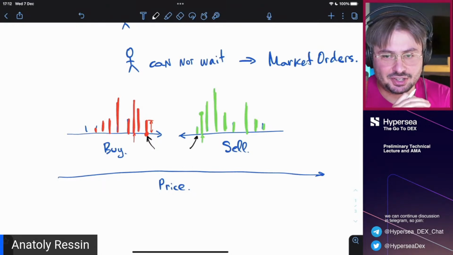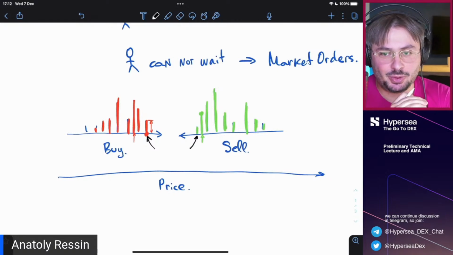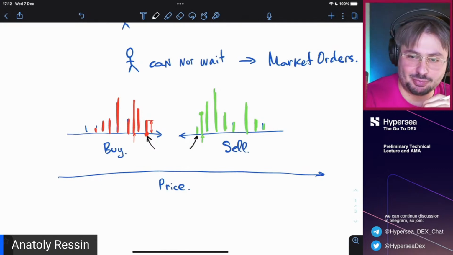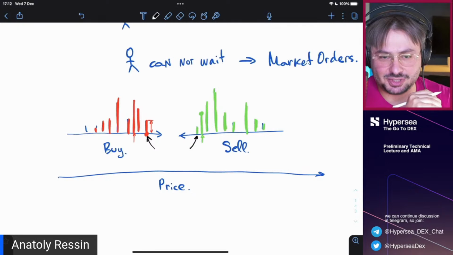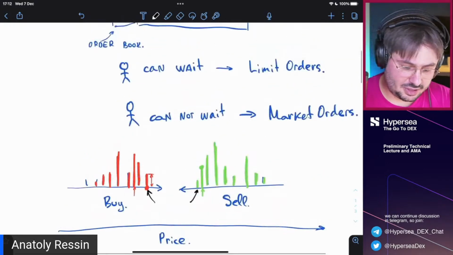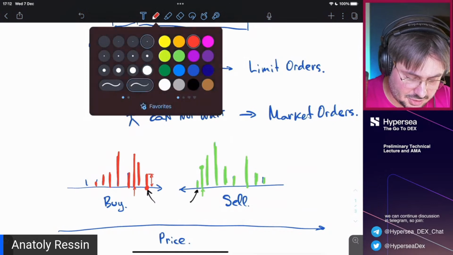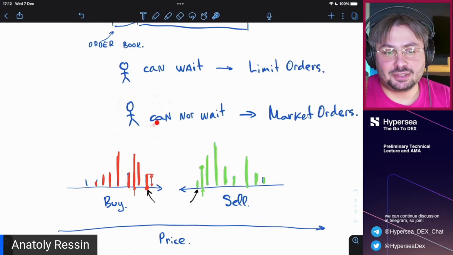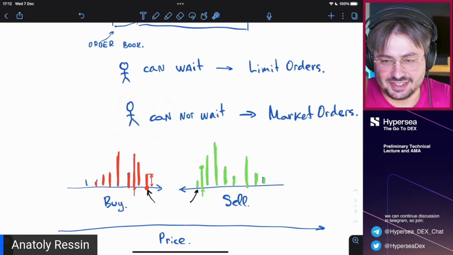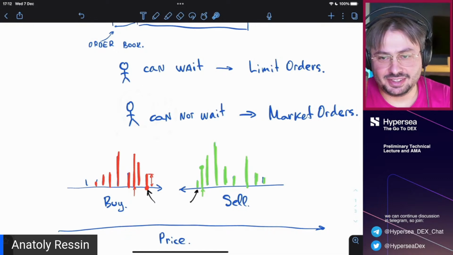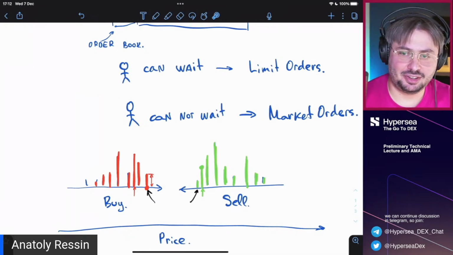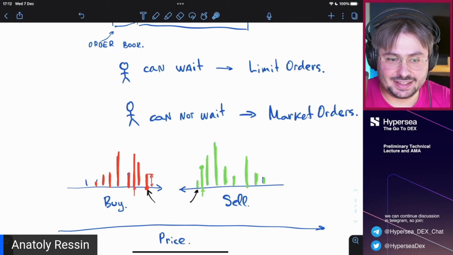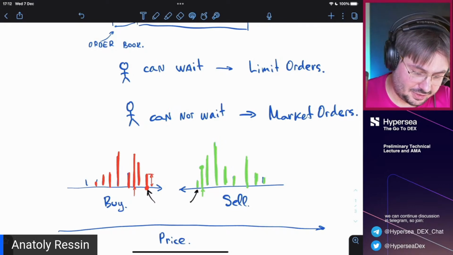And limit orders are for those who disagree with the current price. So it means that the best buyer wants to buy at a cheaper price than the best seller wants to sell. And now we can talk about these guys. Guys who cannot wait. They want to immediately change their currency to the opposite currency that is being traded. And it means that both these parts